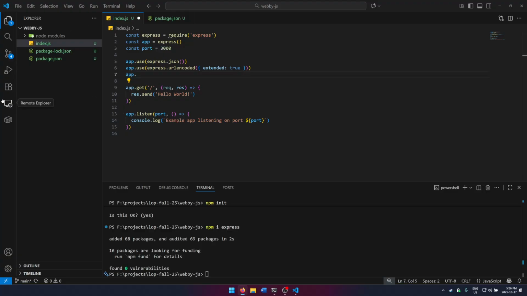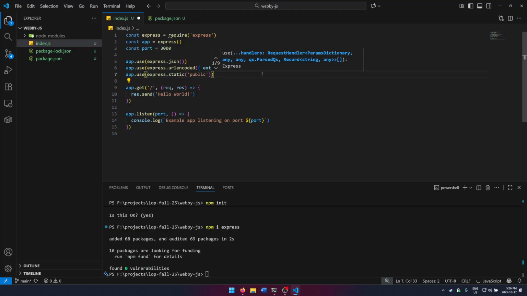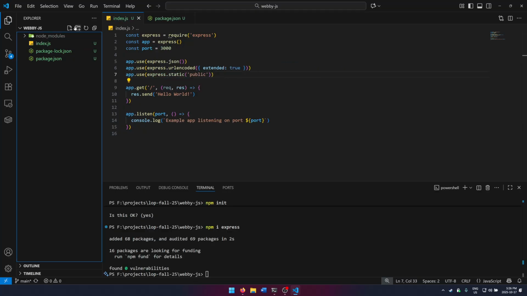Here we go. Okay. Here, this is what I was looking for. app.use express.static public. Now what we're going to do is we're going to create a new folder, call this public. And now inside the public folder, we're going to create a new file. We're going to call this